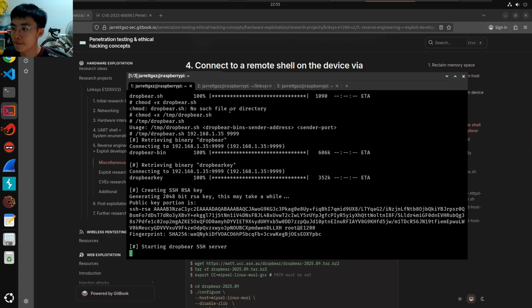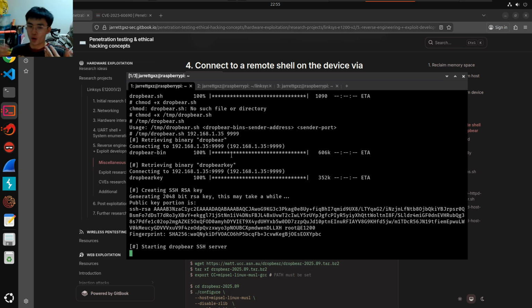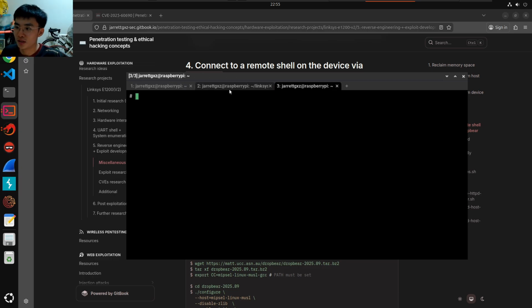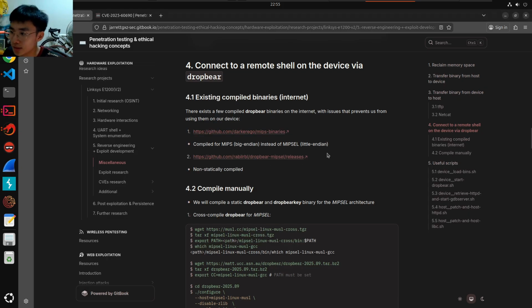So as you can see right here, I have 3 consoles open on the device. However, from the UART shell, we are only able to actually gain access to 1 console. But in order for the GDB and GDB server setup to work, we need more than 1 console. So for that to work, as you can see right here, I'm using the dropbear SSH server. So you can refer to the link I have in the technical write-up, where I will show you how to